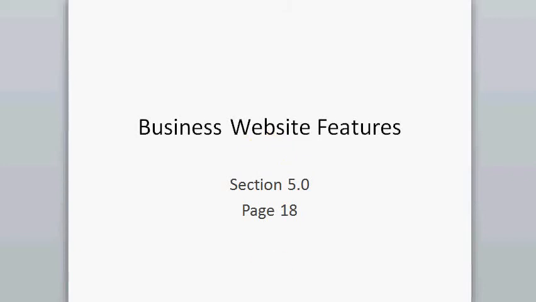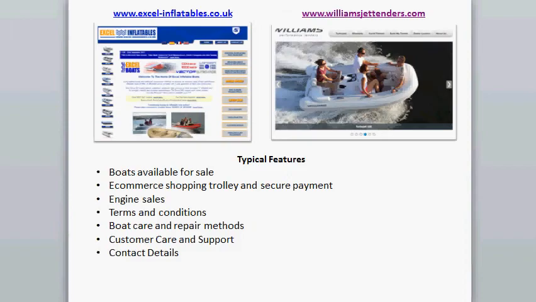Okay, so part of any modern business is having a website, and what we're going to look at now is section 5.0, page 18, if you've got the zigzag book, and we're going to look at how a business would use website features to enhance their business and make sure that they're getting the most presence out of the online world. So, I've got two example websites here, and we're just going to identify some of the common features that these websites have and how Aqua Inflatables could then use these same features to